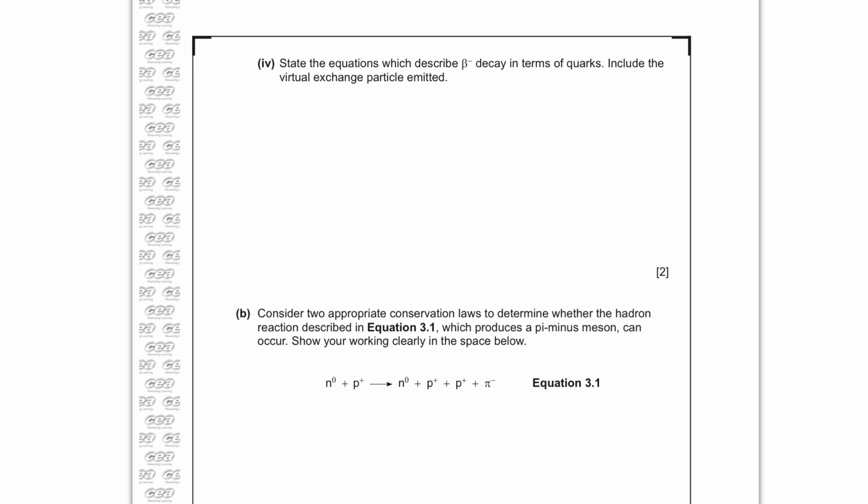Part 4 then. State the equations which describe beta decay in terms of quarks. Include the virtual exchange particle emitted. So remember that we're going from U, D, D, neutron, to U, U, D, proton. So what's happening is that one of them, this middle one, is changing. So the quark decay is, oh sorry, I've got that back to front, D going to U,